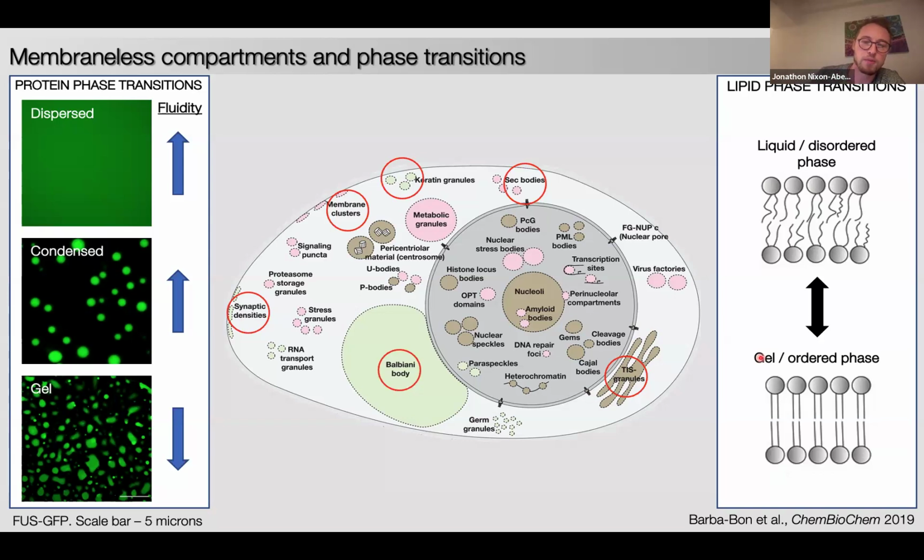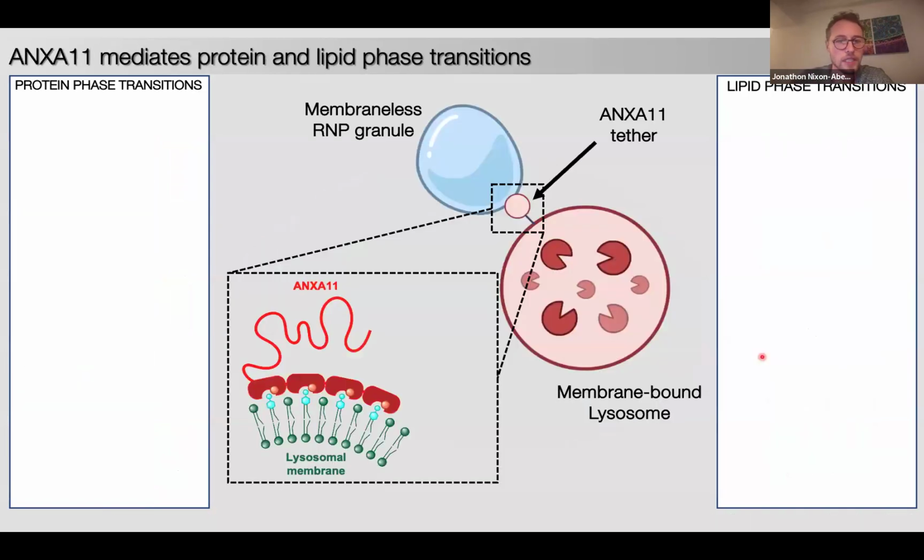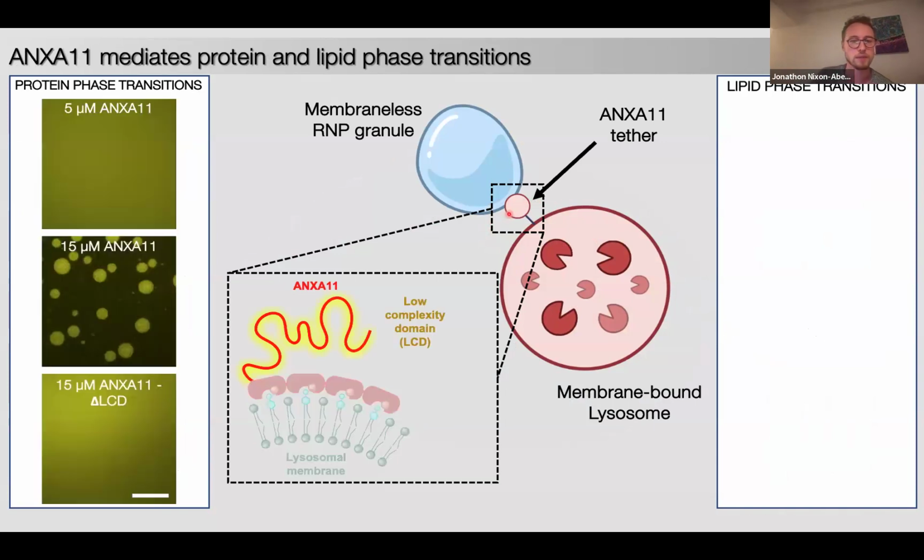So we can have both protein and lipid phase transitions occurring inside cells. And so coming back to annexin A11, I'm going to show you a really highly specialized molecular tether that can mediate both of these processes. And what we found is that it does this through a pretty unique domain architecture of two distinct domains, where